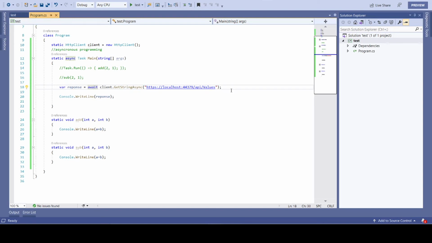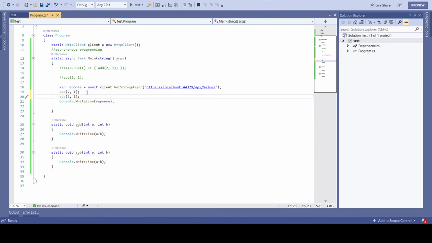But let's say we have 10 or 20 other calls to be made, which are independent of the calls we are making to the API. For example, let me add the add here, and subtract here. Now what will happen in this case?